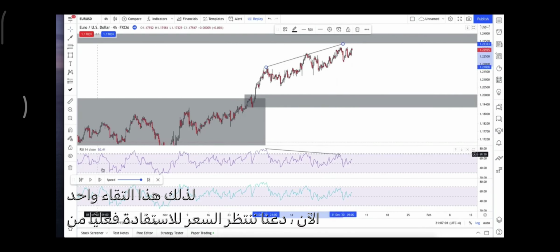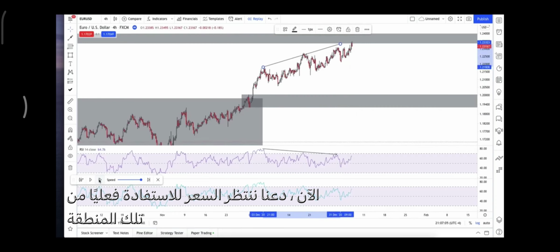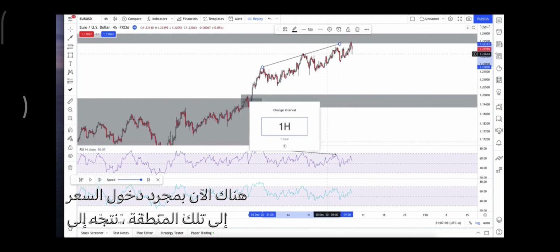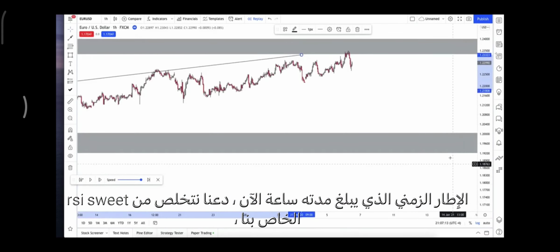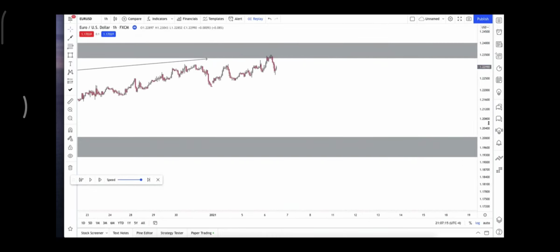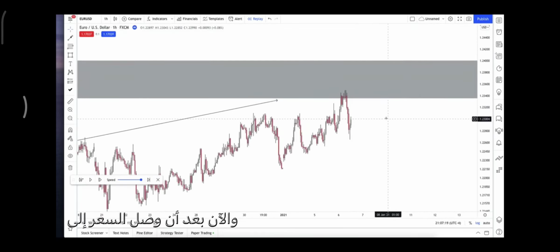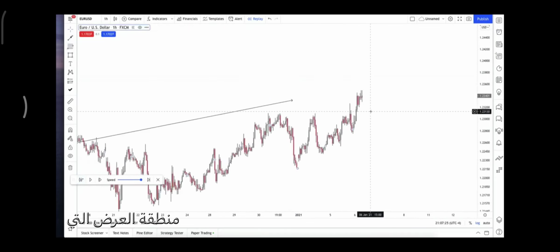Now let's wait for price to actually tap into that zone. There it is. Now once price has tapped into that zone, we head over to the 1 hour time frame. Now let's get rid of our RSI. Sweet. So now that price has tapped into that area of supply that we had marked out on the daily,